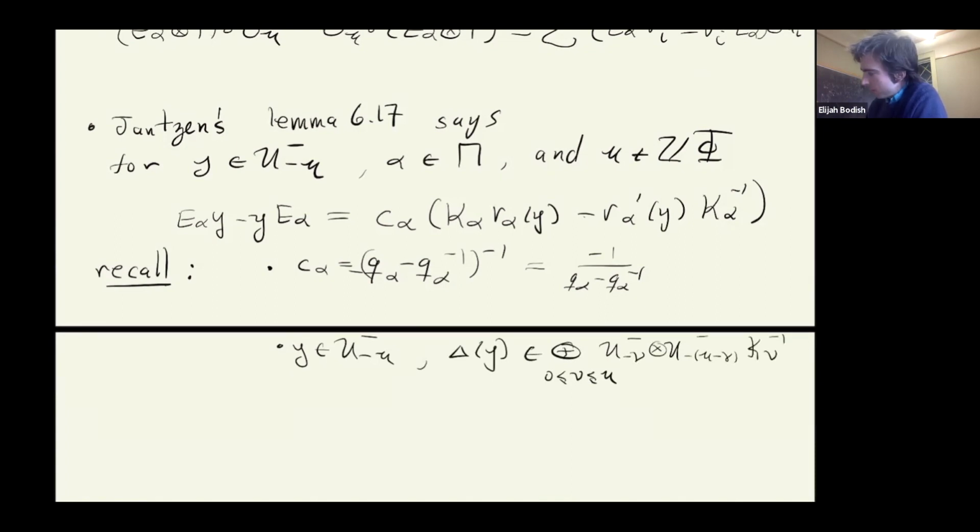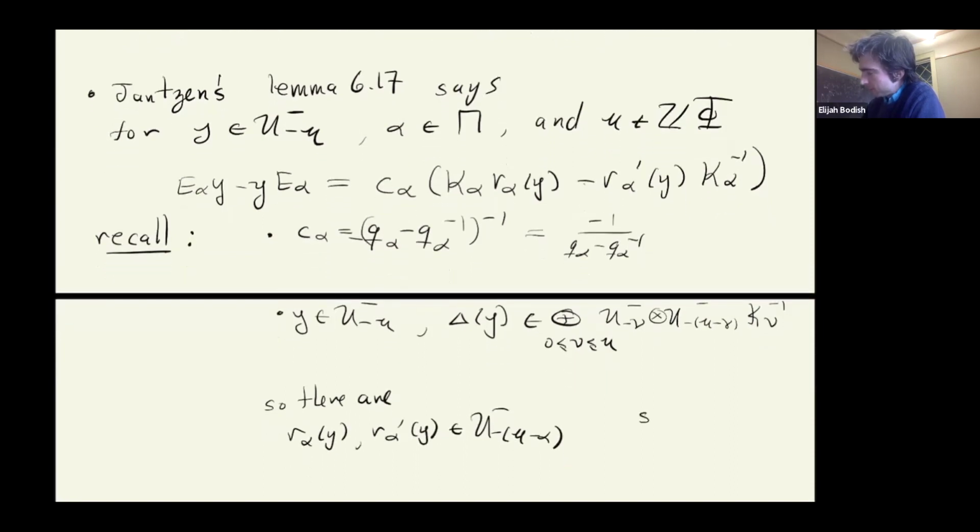And that told us that we have elements R alpha of y and R alpha prime of y in U minus mu minus alpha, satisfying,